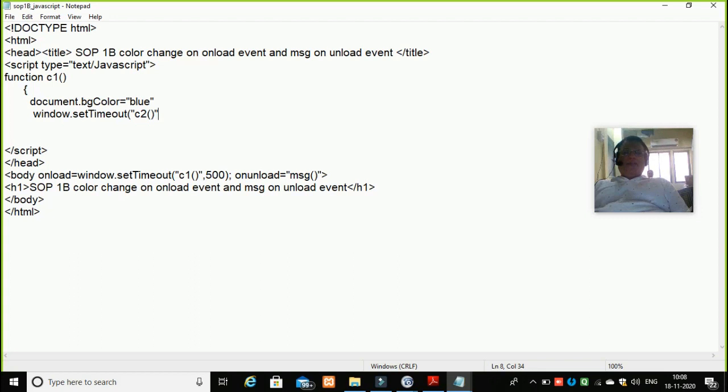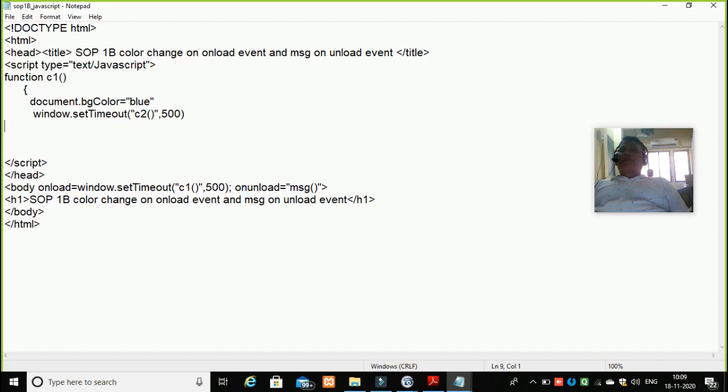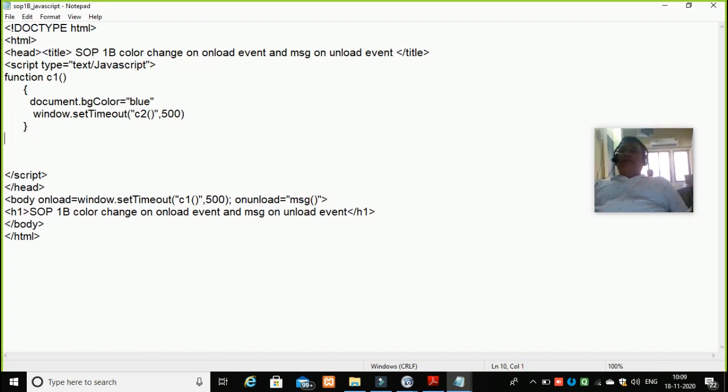I will write it after my testing is over, and that should be called after 500 milliseconds. Okay, now I'll close this, and one more function I'm supposed to write, that is function message.